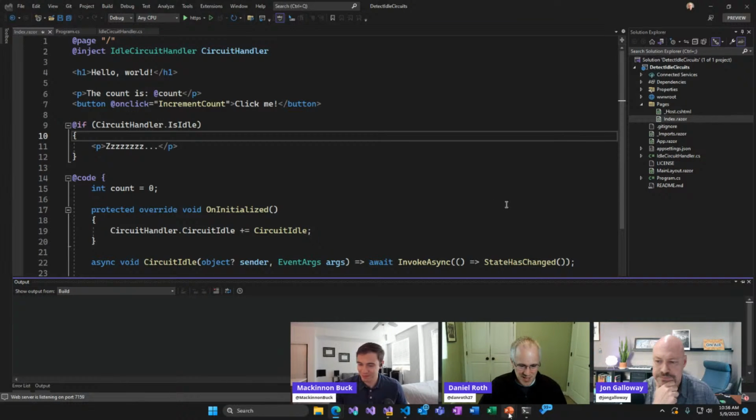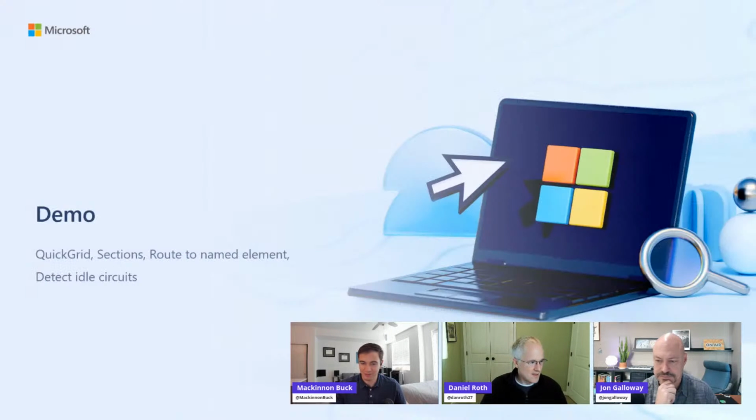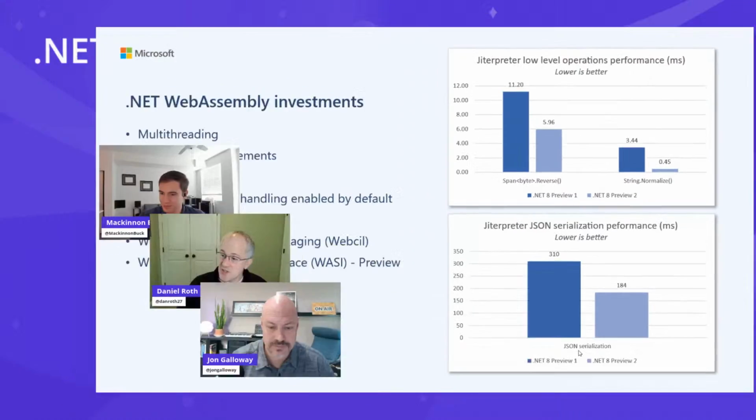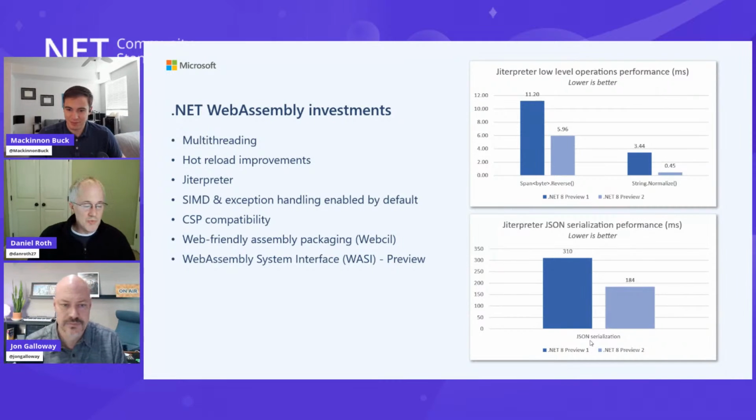Cool. All right, so that's what we saw: quick grid sections, routing to named elements, detecting idle circuits. There's a bunch of WebAssembly investments that are happening in .NET 8 as well. Some of these have shipped, some of these are still in the works. We are planning to ship multi-threading support. That is very much in the works and is getting near to being previewed for Blazor applications within the